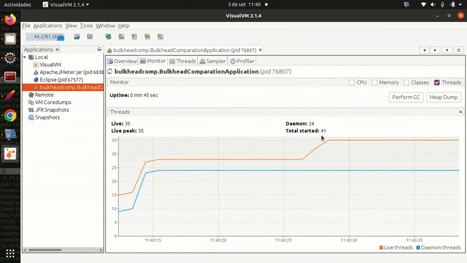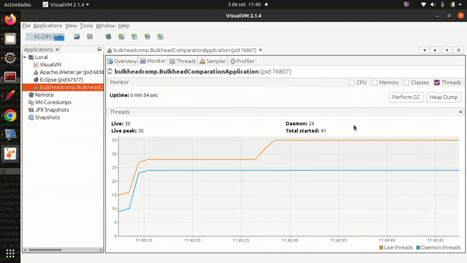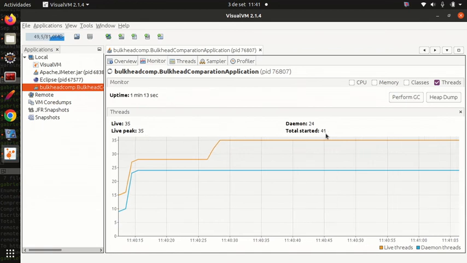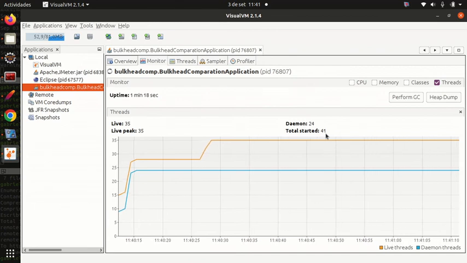As we can see here, the number of created threads is not increasing. The application has created 41 threads and is using 35. So I think this number is much better than the numbers that we saw in the previous test. I think that we are not wasting resources here, but the problem with this approach, I think,